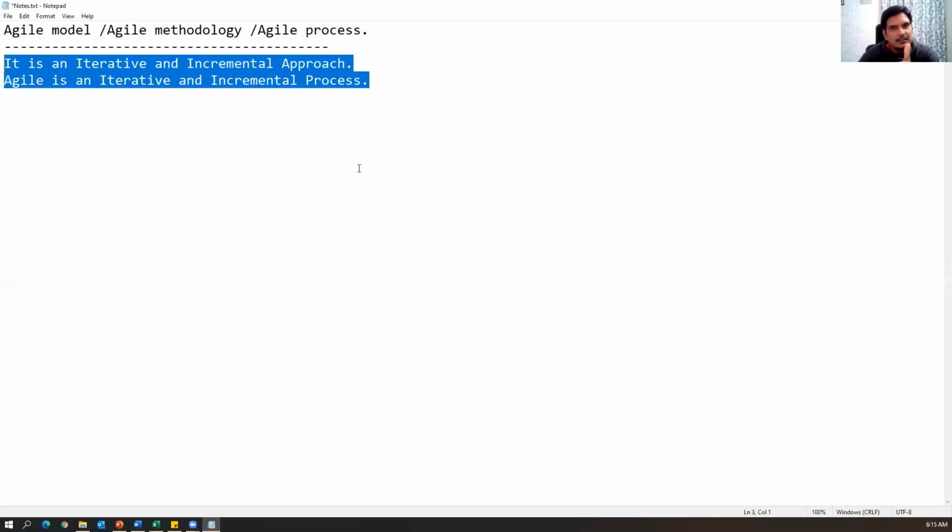Meanwhile, while the customer is working on that piece of software, we will take another 10 features, develop and test them, and release another version of the software to the customer. Like this, the customer doesn't need to wait a long time, and at the same time we are delivering pieces of software with implemented and tested features. These are the main two principles we follow in the Agile process.